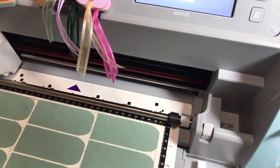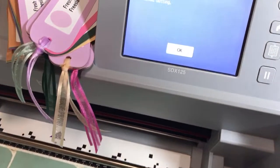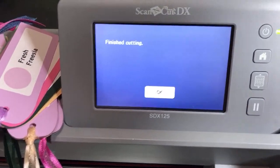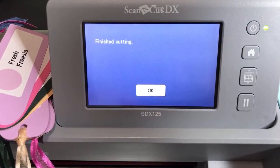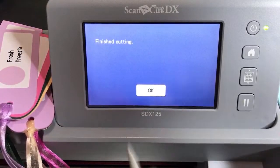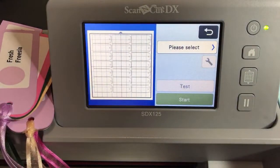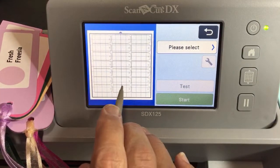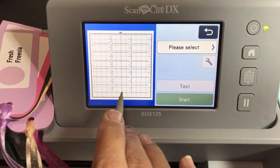So we're not actually going to cut them because it takes 4 minutes, but I will show you how I did it from start to finish. So you can go ahead and do this with whatever project you have in mind for whatever you're working on. Okay, so under here somewhere is my stylus. There we go. And I've been cutting these out. This is my big project I'm working on right now. So we're going to start at the beginning. I'm going to teach you how to get these to fit on the mat, what size to make these exactly,